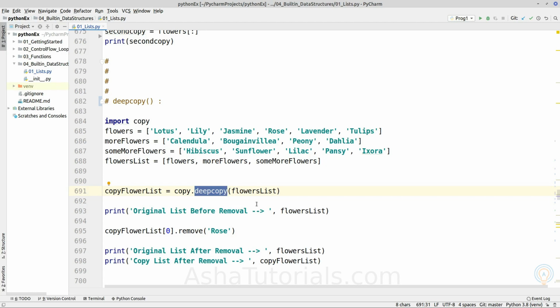So if you want to maintain separation between the copy list and the original list, you must use deep copy. And while you are using deep copy, you should also consider the copying performance or the system load it will create depending on the length of the given list.